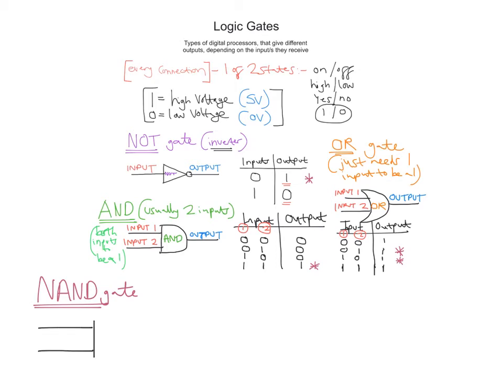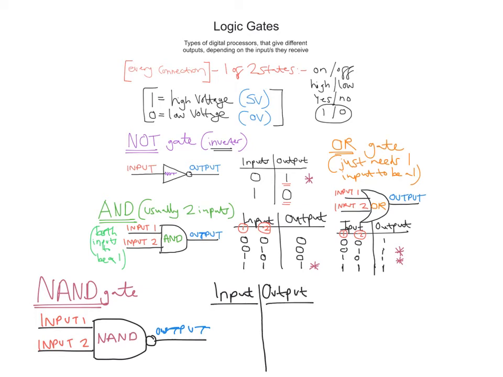So we have 2 inputs again. Here is the symbol for a NAND gate. So once again we've got input 1, input 2, and our output. This here is our NAND gate, and if we draw the truth table of inputs and output,